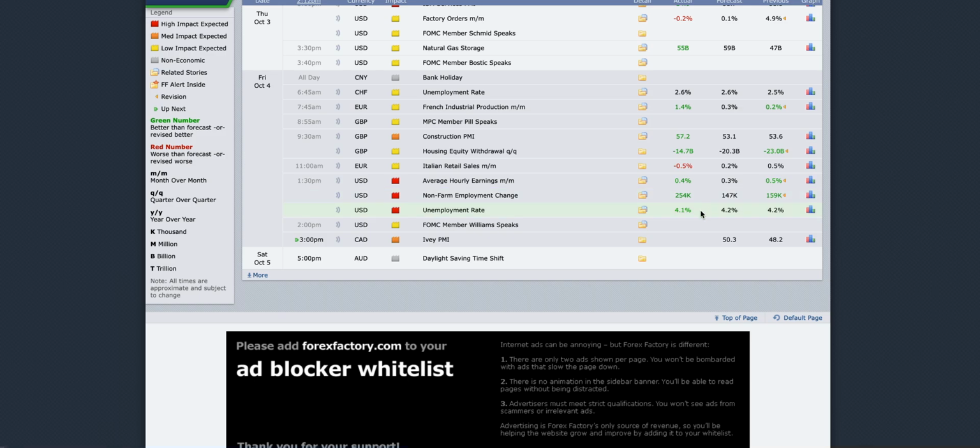But what is really important is this one, which is the unemployment rate. And you can see that the unemployment rate has actually gone down by about 0.1%. So it just went down a little bit, which means that the job situation is strong in the United States, and the consumers are likely to be healthy spenders with the shopping or the holiday season coming up pretty soon. So this could actually have an impact on the inflation side of things.